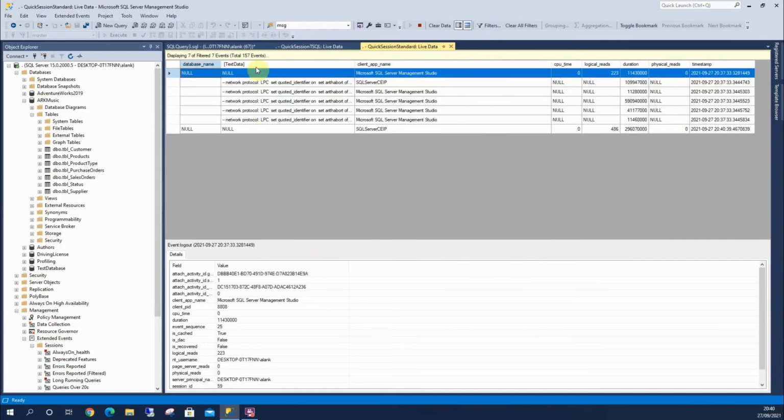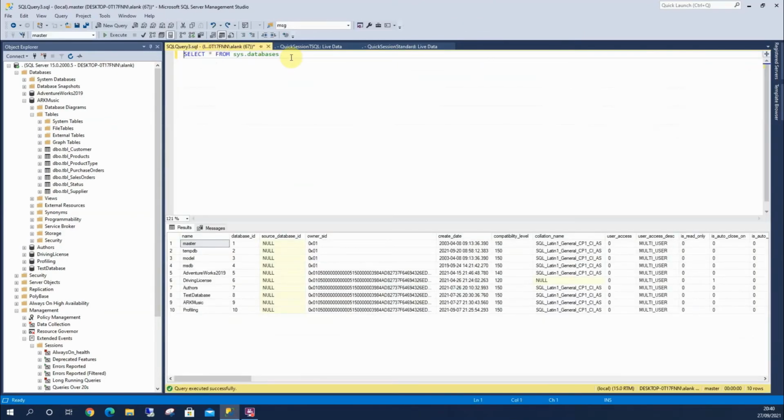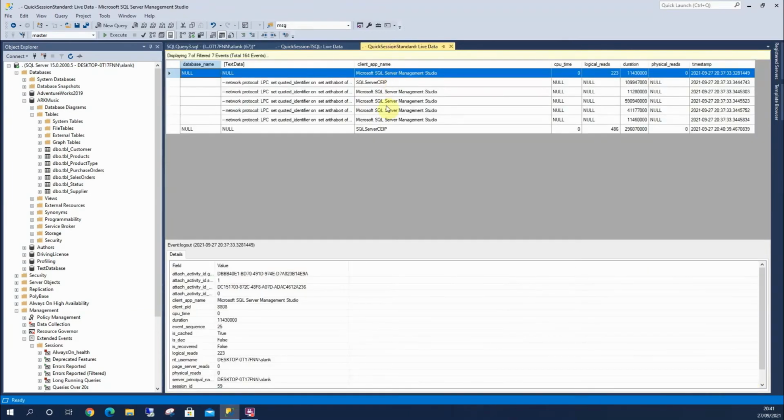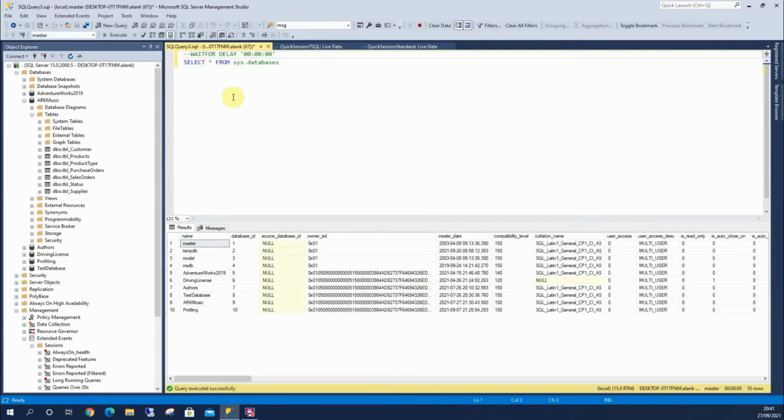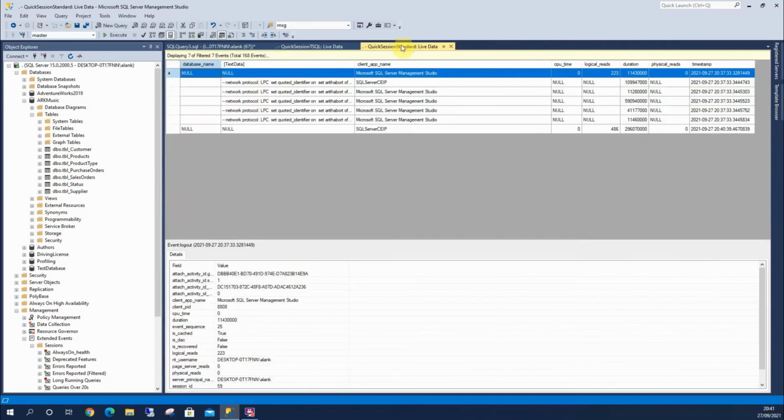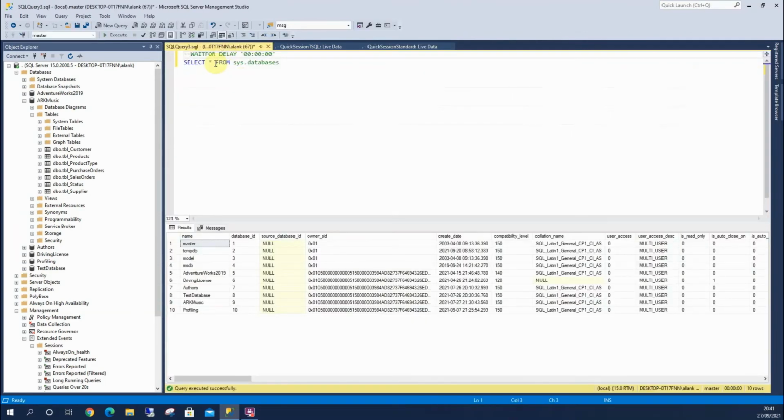Then what we can do, we'll do a wait for delay of 10 seconds. So let's take that out for a second. And if I run that, that shouldn't appear, which is good. So all the small little transactions that's running in our environment, we're not really interested in. And if I remove this and let it run for 10 seconds,